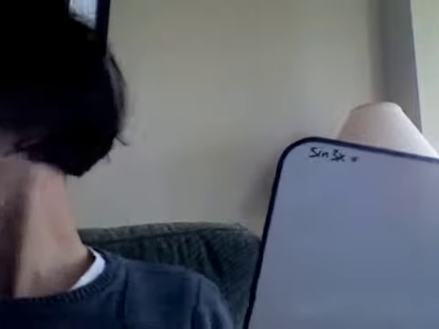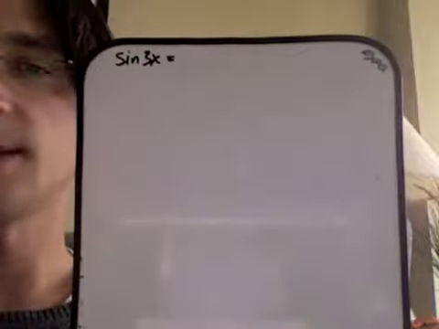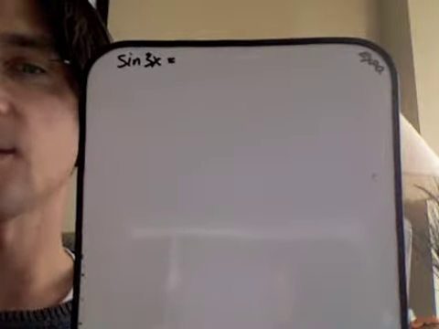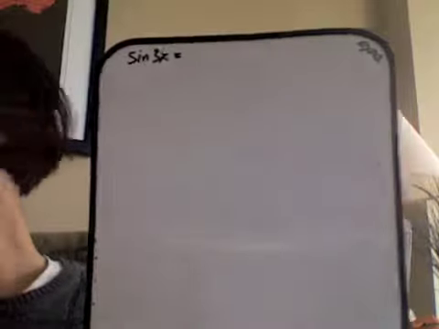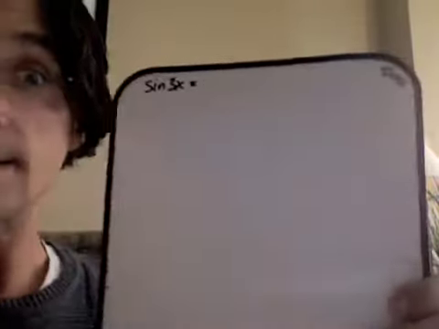Alright, so another example from your book. I believe it's example 2 from this section 9.3. They ask us to rewrite the sine of 3x in terms of sines and cosines of only x. Okay, so at the expense of whatever powers we might have to bring into it. Alright, well,